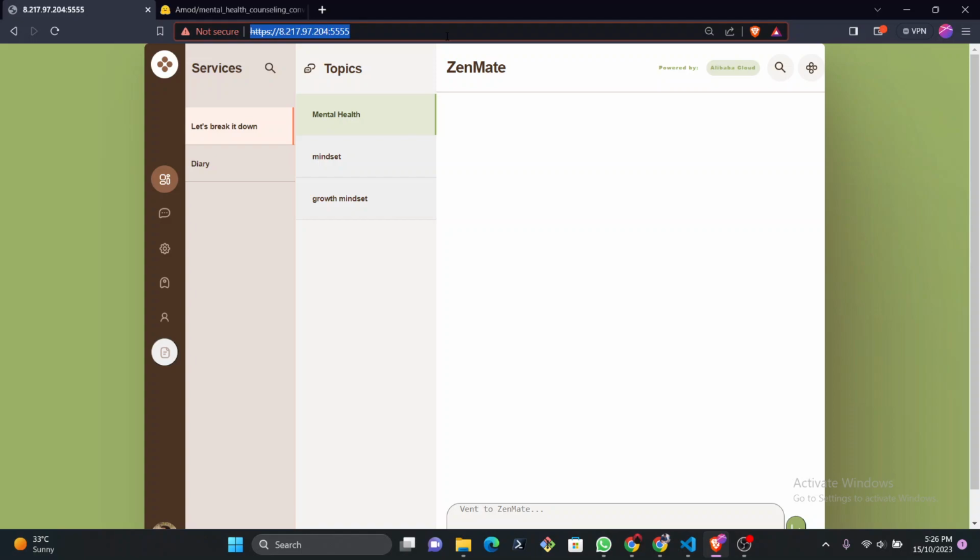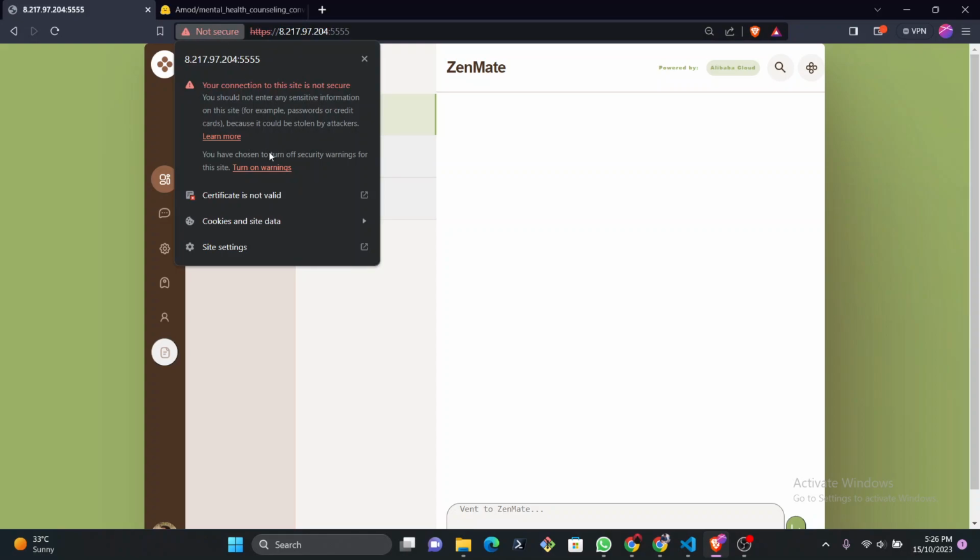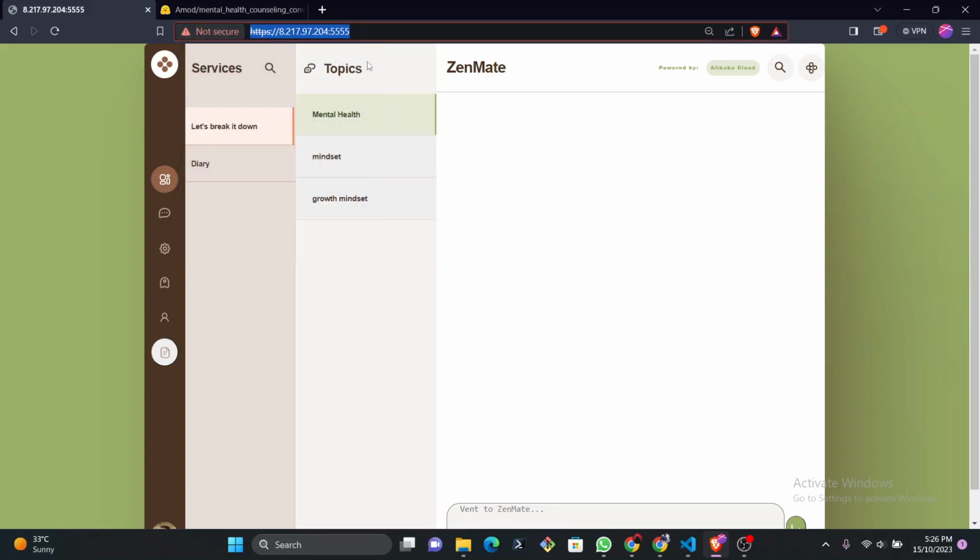However, in order to purchase an SSL certificate from Alibaba, we first need to have a domain name, which would take a bit of time. So what we did is we created our own keys and certificate, a self-signed certificate, and we embedded them within the Flask application. So the browser may flag it as insecure because the certificate is not from a trusted third-party certificate authority, but still the communication is encrypted, so the data is safe from being disclosed to an unauthorized third person.